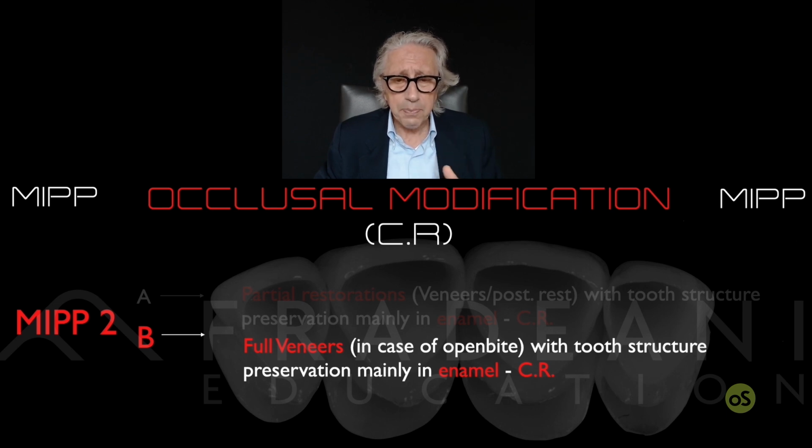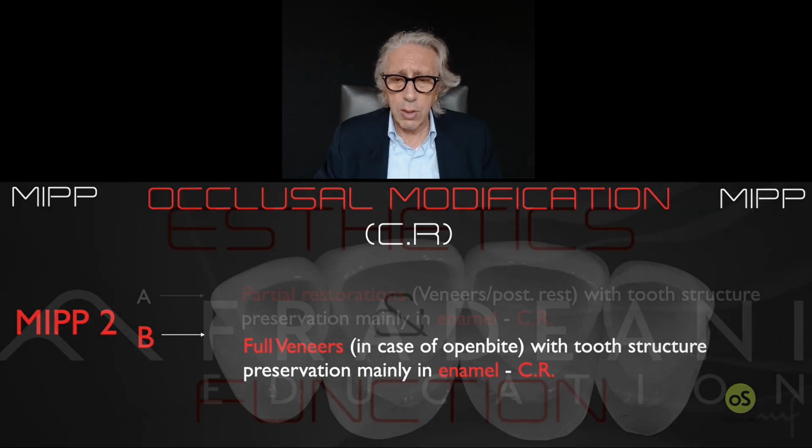anteriorly, will be in some way strengthened by the position of the full veneer that creates a kind of new thickness in the space that was open at this point between upper and lower. So at this point you can put some new layer because you have extended the veneer from buccal to lingual. And the lingual part, again, you have a new thickness, maybe 1 or 1.5 millimeter, and that is called this entire